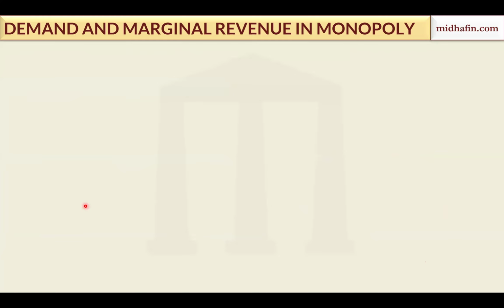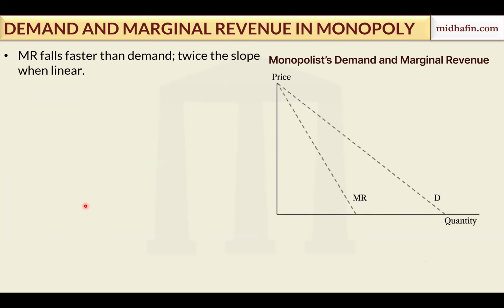Next. Yeah, so same line I've repeated, and this is the curve now. So you can see that this is falling and this is falling at a double speed. This is falling more quickly, and that is why it falls to zero much more quickly. Okay, after this, it becomes negative. So just out of